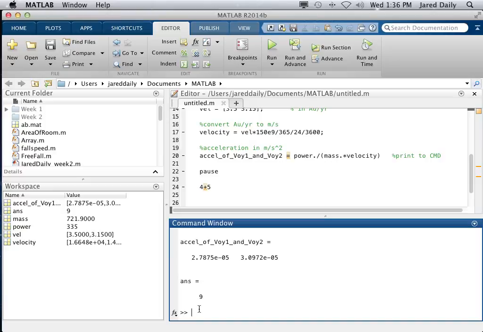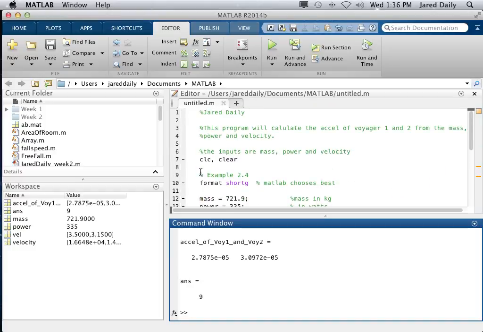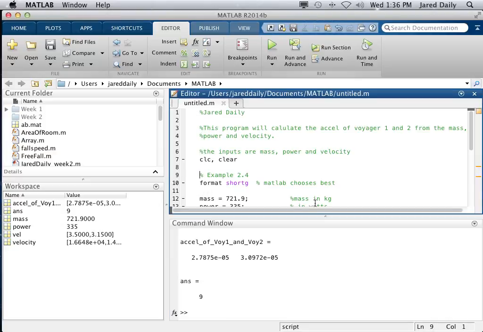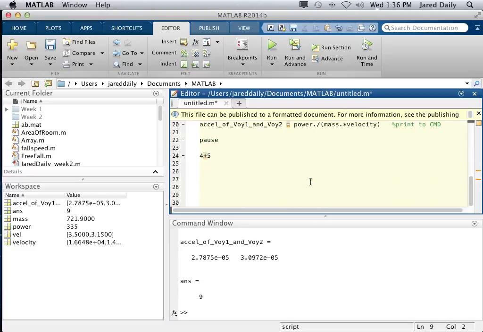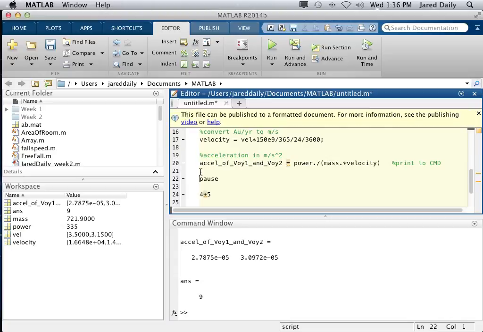The other way is to use what we call cell mode. To learn cell mode, we're going to go to page 50. So we're at the end of our first problem, and instead of doing pause, we're going to go to the beginning of our first problem. We're going to go to the very beginning, and instead of putting 1 percent sign, we're going to put 2 percent signs, and that will create what is called a cell. It's the beginning of a cell, and it'll highlight the cell in yellow, and it will go all the way until the next double